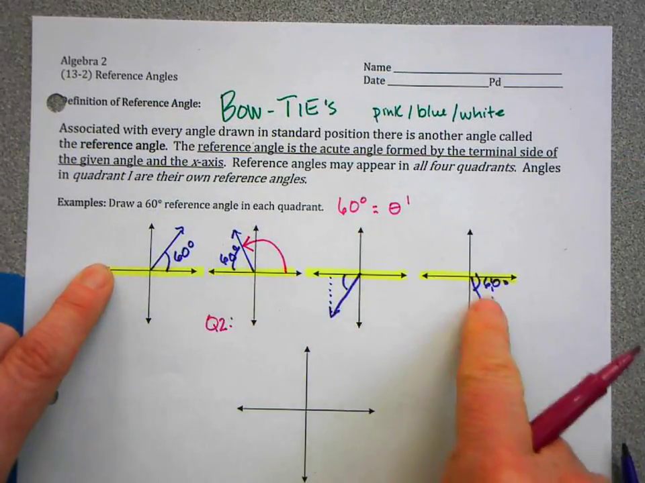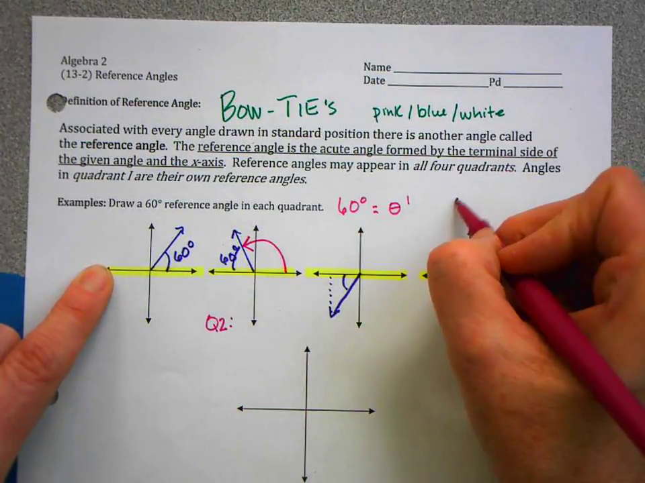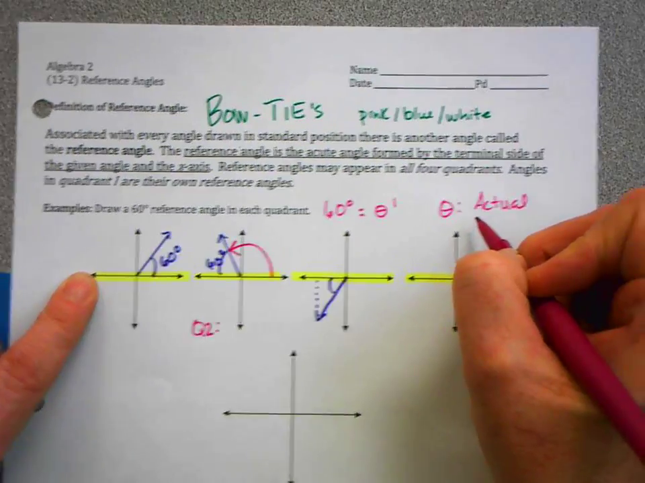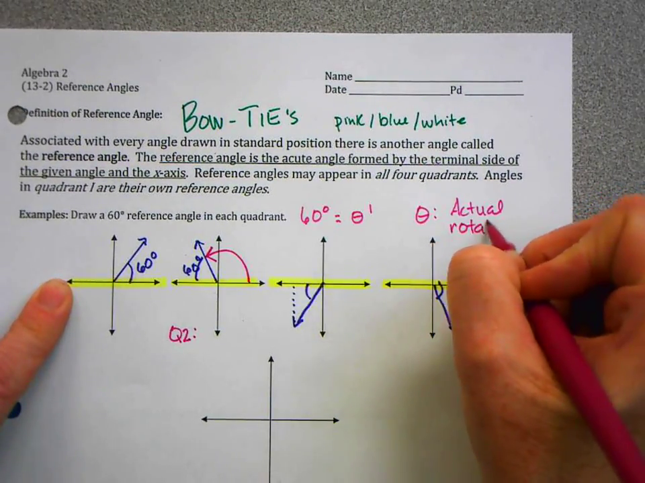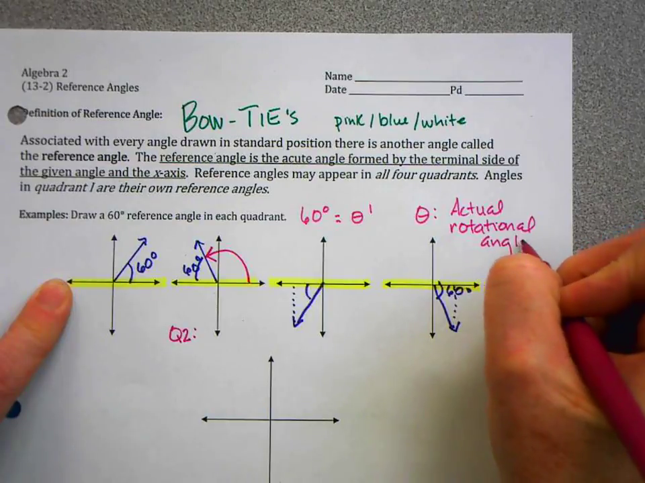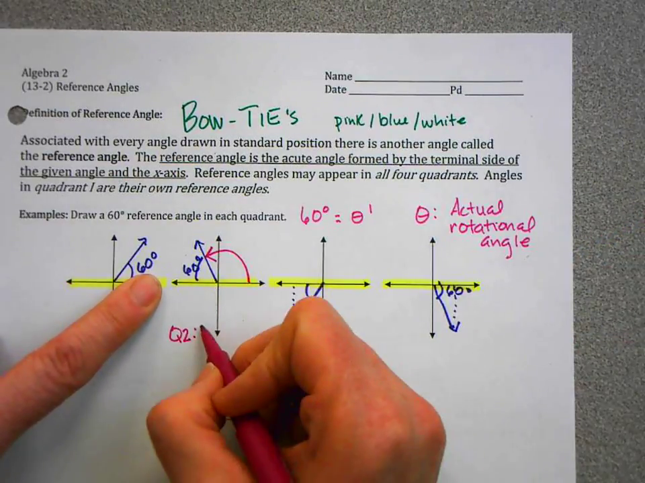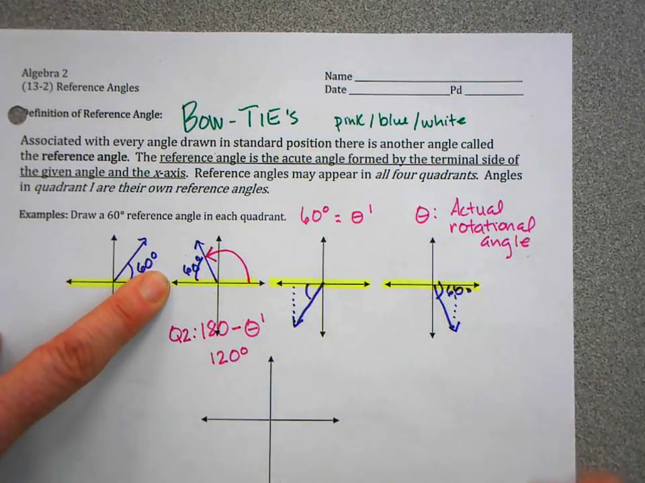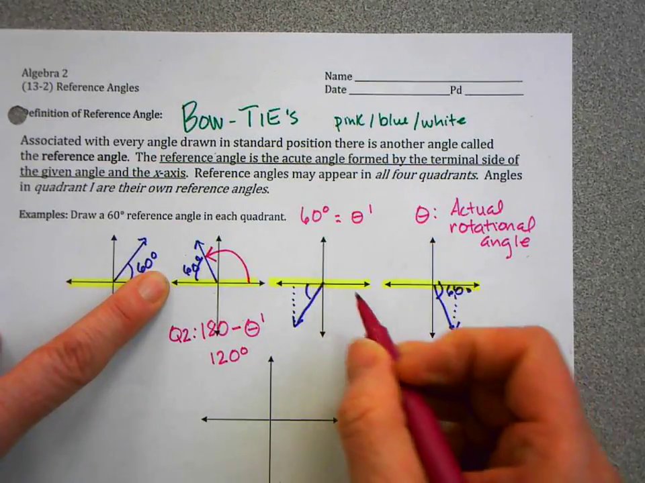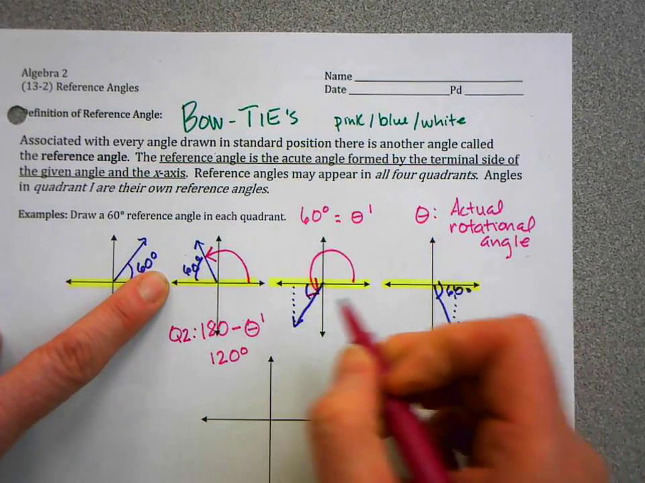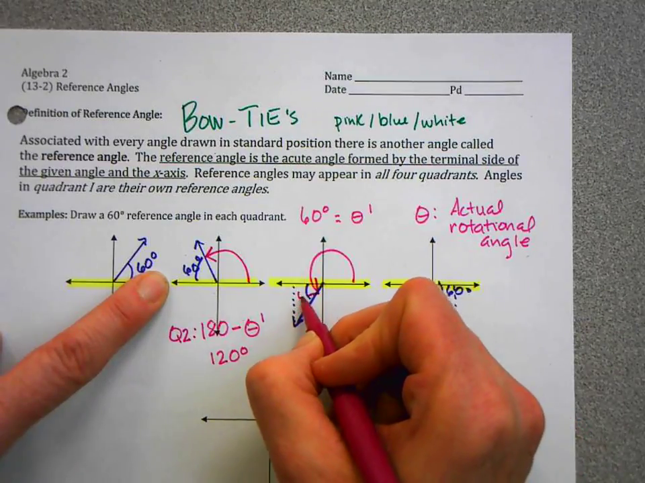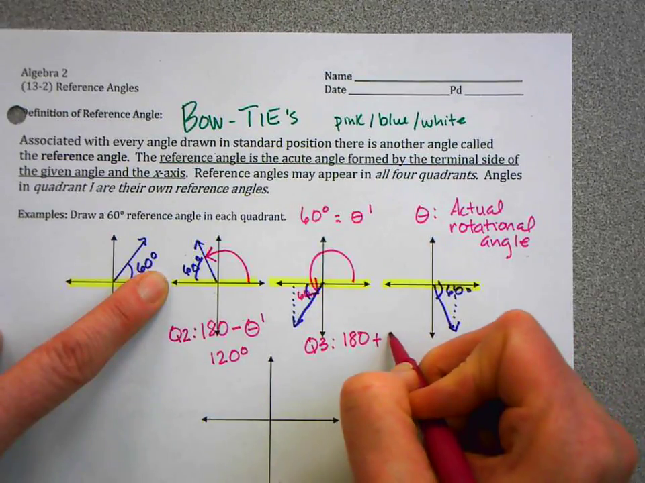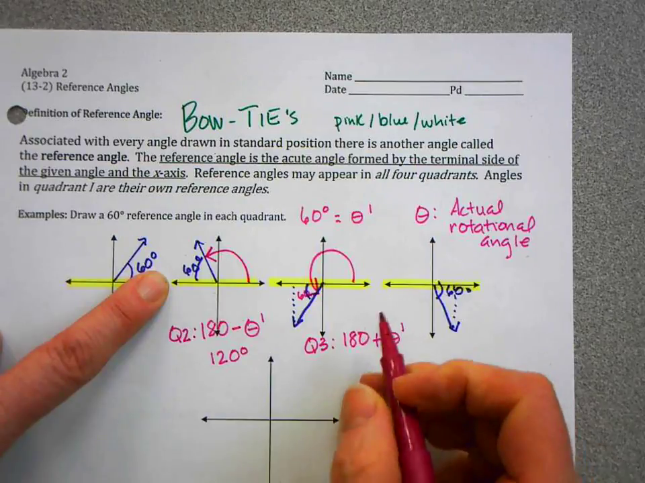We make it in every quadrant. But what is the actual angle? So let's write this. Theta is the actual rotation angle. And here in the second quadrant, the answer will be 180 minus theta prime. 180 minus 60 will be 120 degrees. In the third quadrant, what happens here? I start from 0, I go, and what have I done? This is 60 degrees, we know that, but the entire amount of rotation in quadrant 3 is 180 plus theta prime. 180 plus 60 degrees is